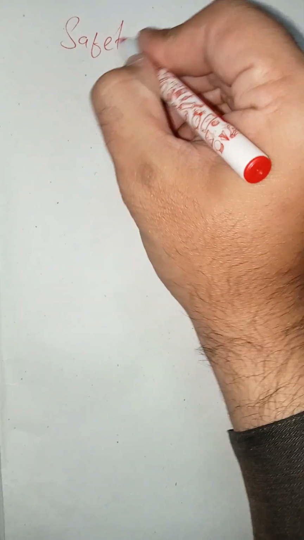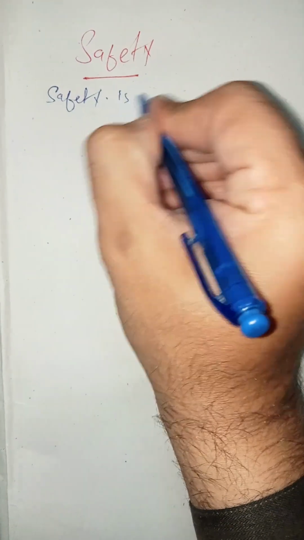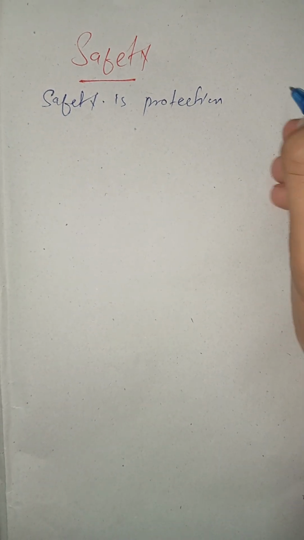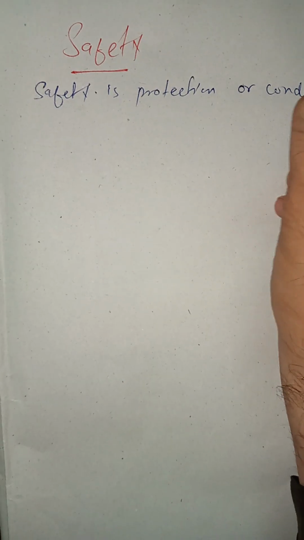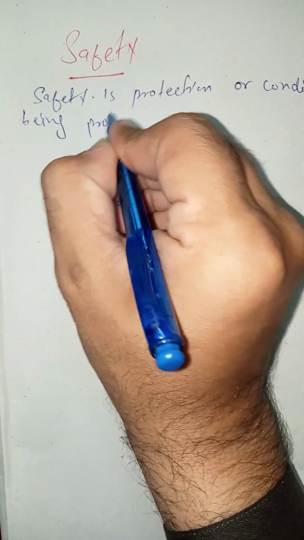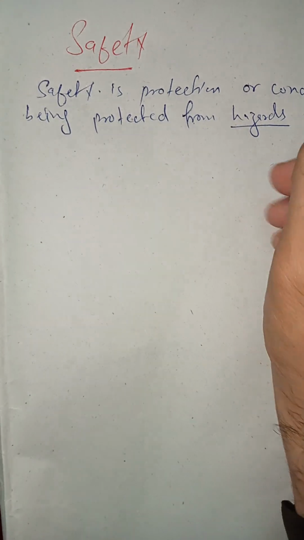Second most important thing is safety. Let's think about the safety. What is safety? Safety is the protection or condition of being protected from hazards of the workplace